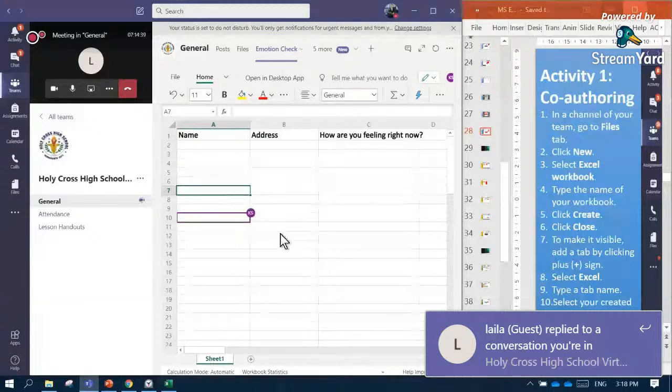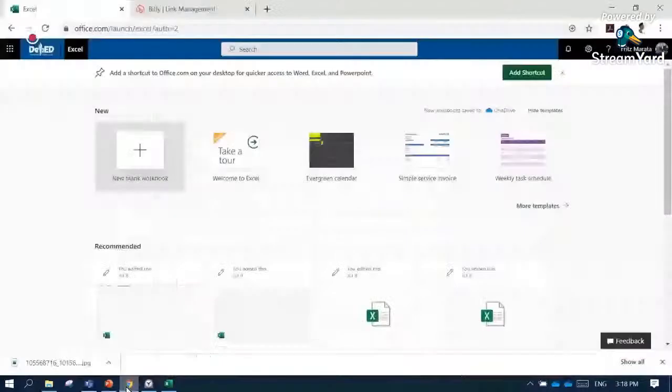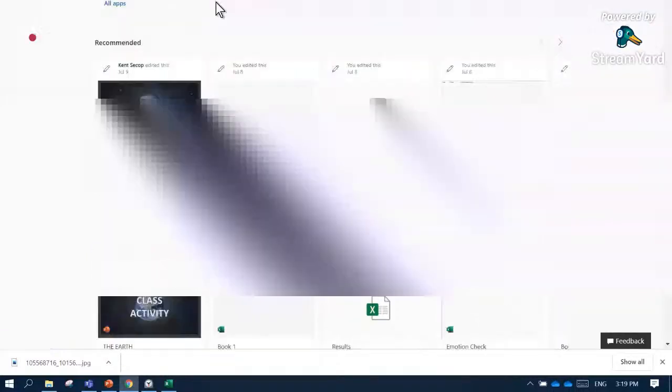So how to do that? You just have to go to our portal at office.com, sign in with your Microsoft account, and there you can open Excel using the web application.